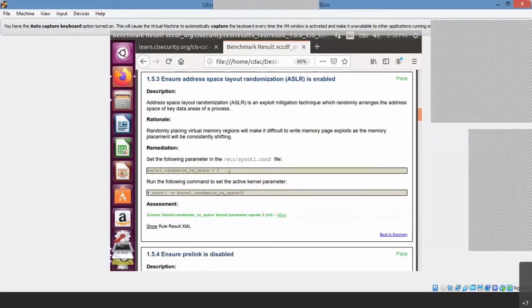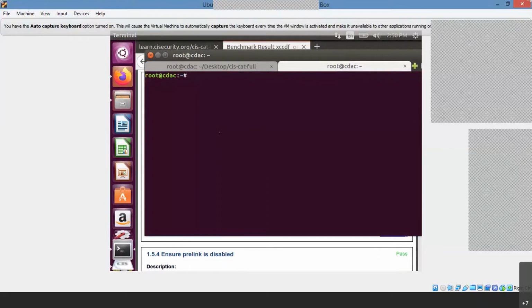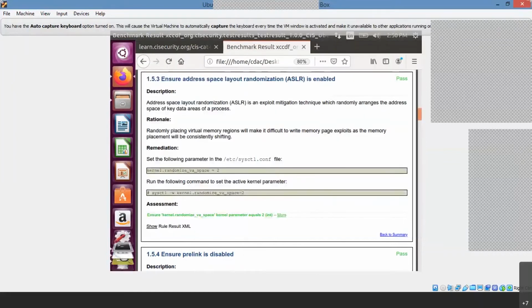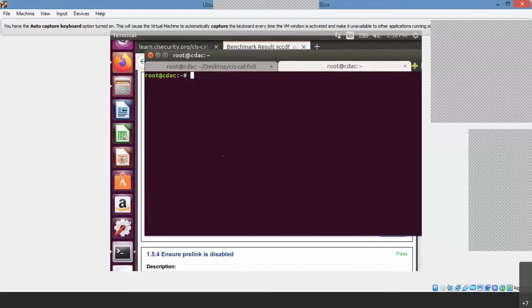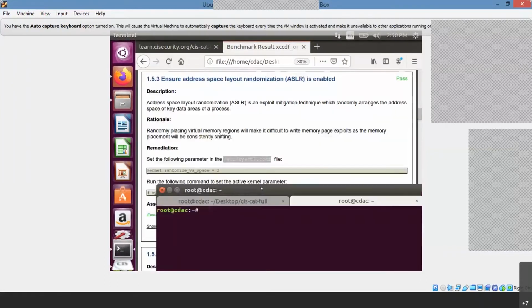So you have to go to /etc, go to this file. How do you go to a particular configuration file? What is the command? Suppose I want to go to this configuration file. I think it's not copied. Copy. So gedit.